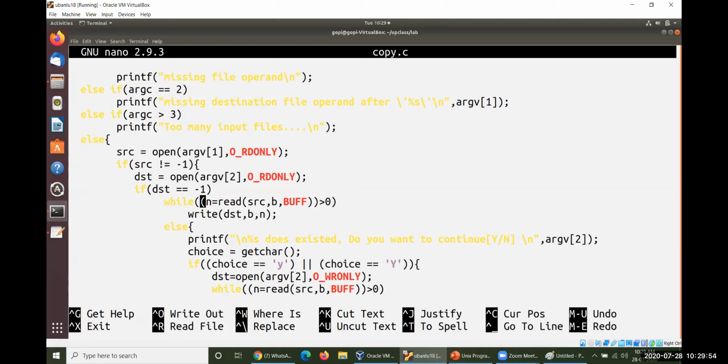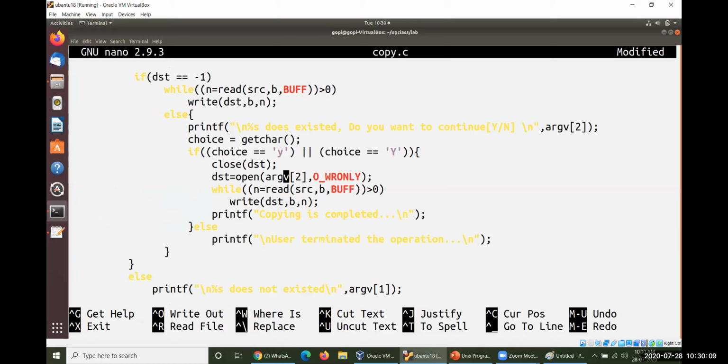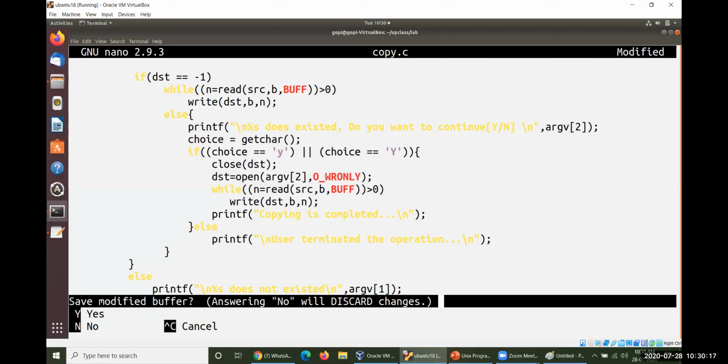The destination exists, opened in read-only mode. First of all, you need to close that particular file, then open it in write mode, and then open it. So that is the problem here. Nothing to worry.